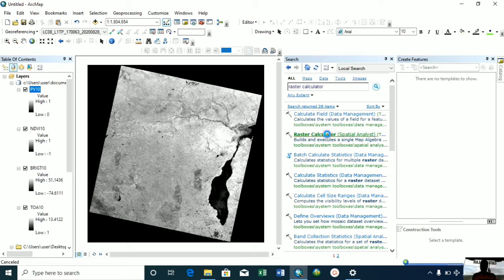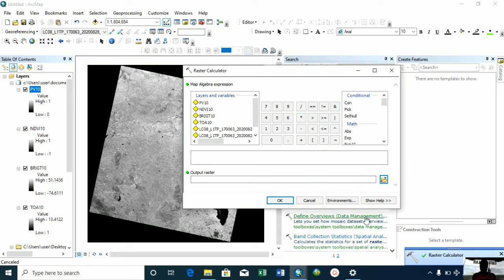So you go to your raster calculator, and then you have your PV value. So to get the emissivity, you take 0.004 times your PV value, this one, and then plus 0.986. So this will be your emissivity data. So this will be E10,